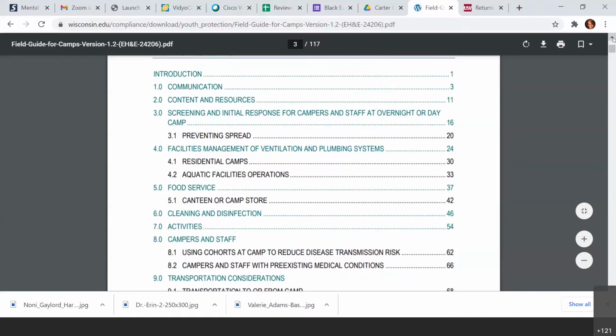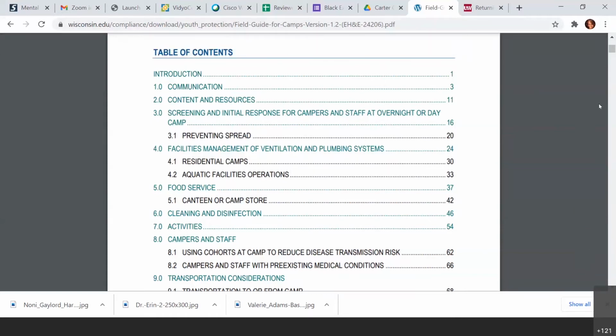I will admit it's 125 pages, and it's not a hard read at all, because a lot of the stuff you will already be doing. You'll just have to modify it because it's COVID. And if you're a residential program, you were probably already doing a lot of these things, especially if you were licensed by the state. So communicating with your campers and your staff about the expectations of interactions,